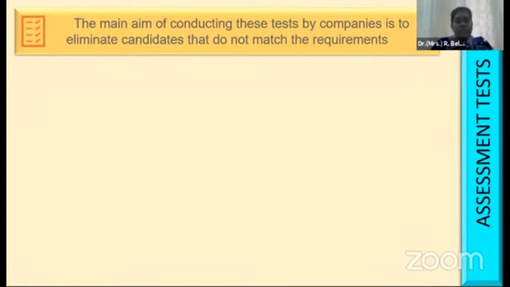Campus recruitment is always stage-wise elimination. So at the assessment test level, they will filter and say sorry, you all are rejected. They'll say it very neatly, good, there is nothing to feel bad about it, but you should take back a learning saying, okay, my preparation is not enough, I'll have to prepare more. We'll come to this a little later. Okay, so the main aim of conducting these tests by companies is to eliminate candidates that do not match the